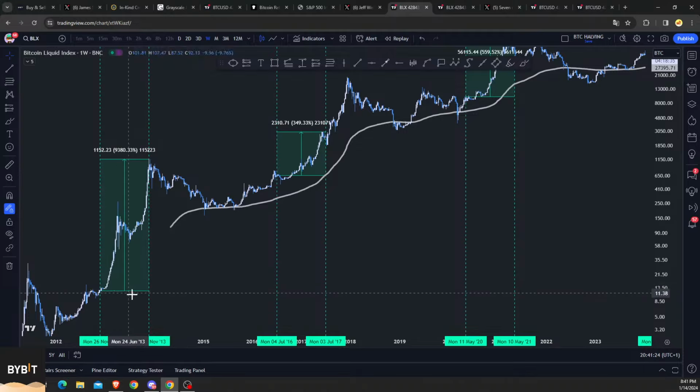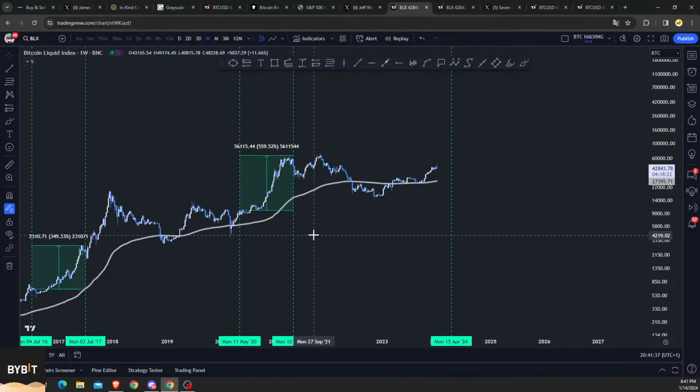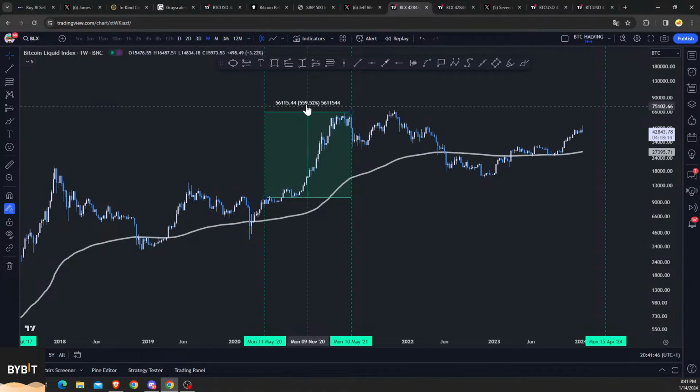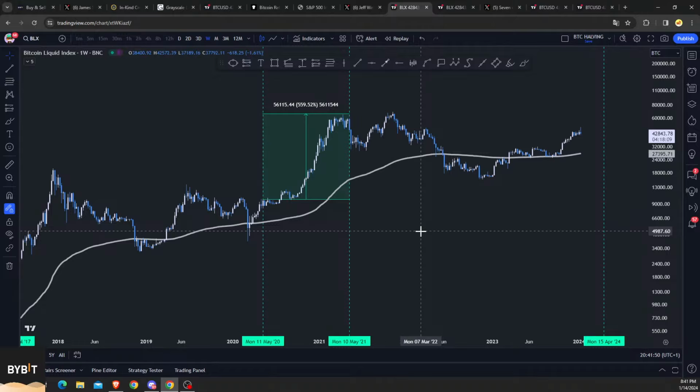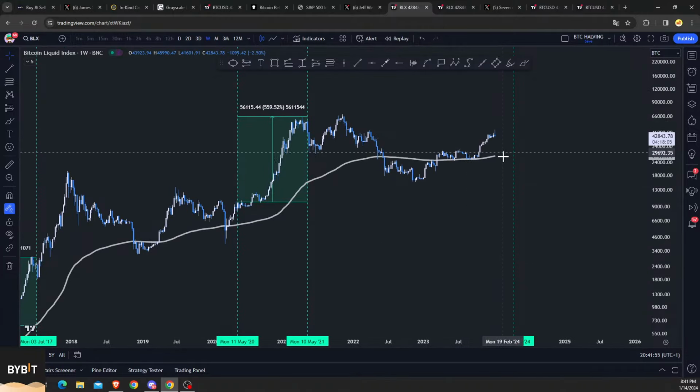So let's say that you bought here. 1 year after that, we're up tremendously, right? Next halving, you buy here. Even though we go lower, we end up going 4 times what you had on your investment. Then we had the most recent halving, which was right here on the 11th of May 2020. And then we go up 500 to 600% on the year, right? So no matter what you're really doing,